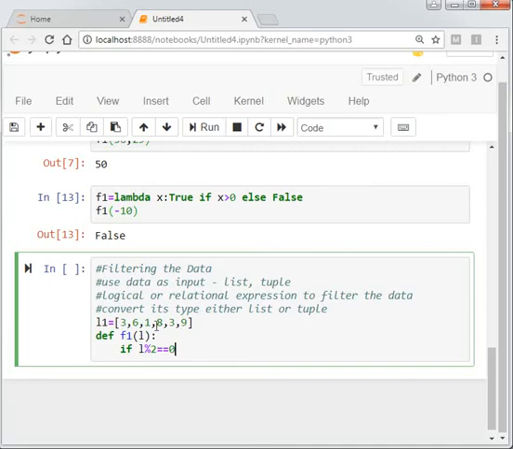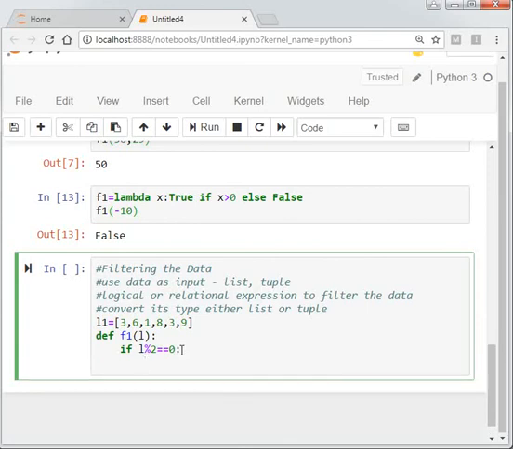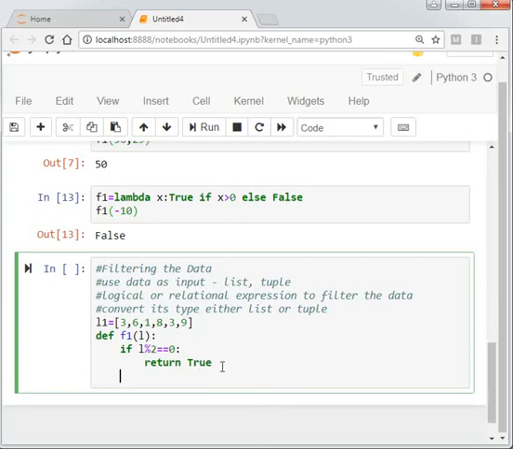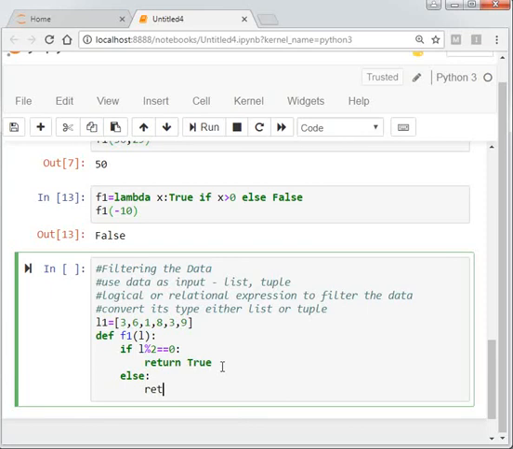L is a list where multiple values are there, so each element of L we divide by 2. If the remainder is 0, it is an even number, so return true. Whenever this condition is true, the return will be true. Otherwise, return false.